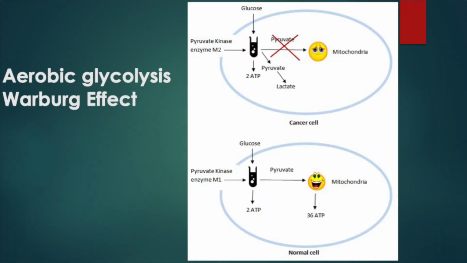As I already mentioned, 2 molecules of ATP are generated during the glycolytic cycle, but more than energy, the raw materials for macromolecule synthesis are shuttled through glycolysis. In cancer cells, glycolysis is active even under normal oxygen conditions, that is, normoxic conditions. This phenomenon is called aerobic glycolysis, or the Warburg effect, after the scientist Otto Warburg, who discovered this phenomenon in cancer cells.